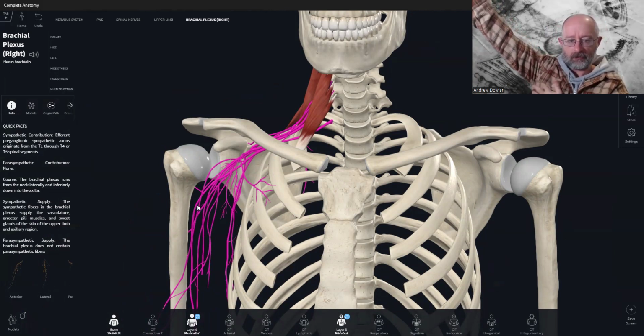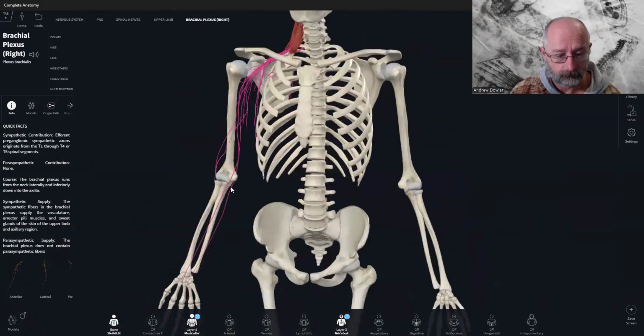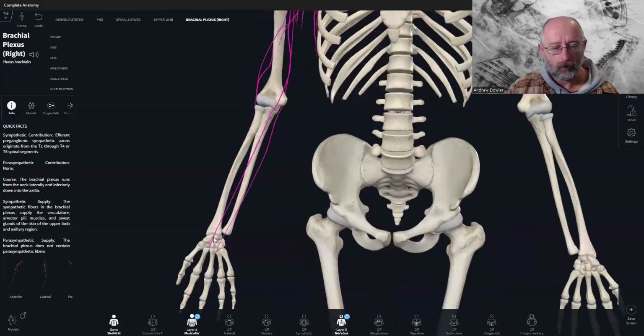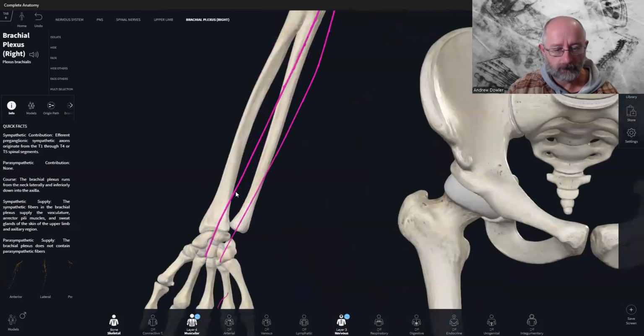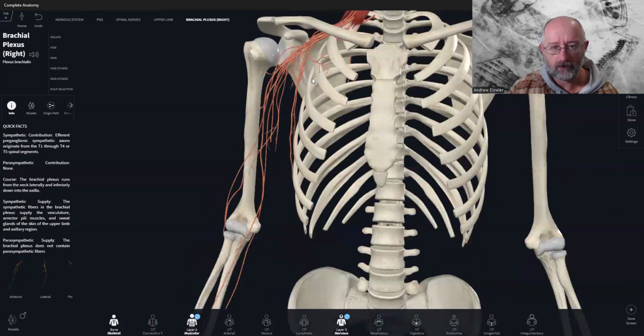This is why this area is really sensitive to a lot of people. And then the arms spread out and you go into your radial nerve, your median nerve, and your ulnar nerve. They're like your big arm nerves, and they thread right down through here. So for example, this nerve here is the median nerve, and this is the carpal tunnel nerve. A lot of people who have carpal tunnel will have some kind of compression on this nerve, and a big area where it gets tight or compressed is